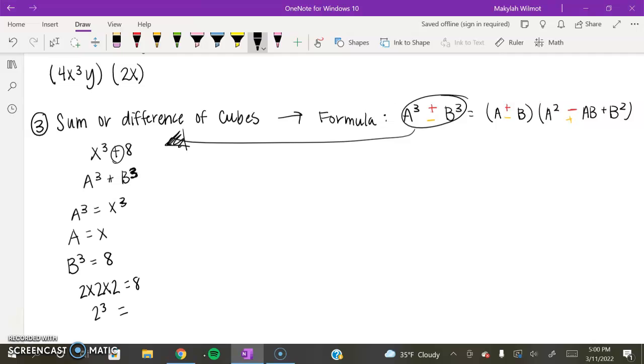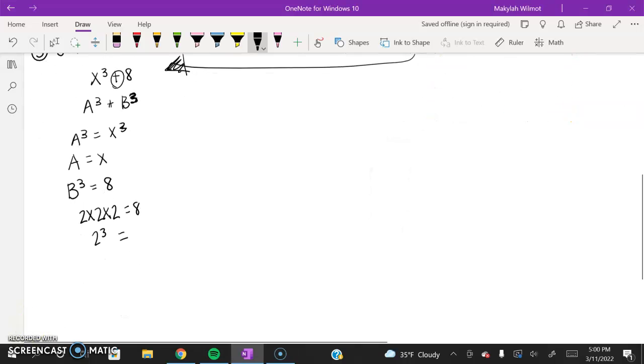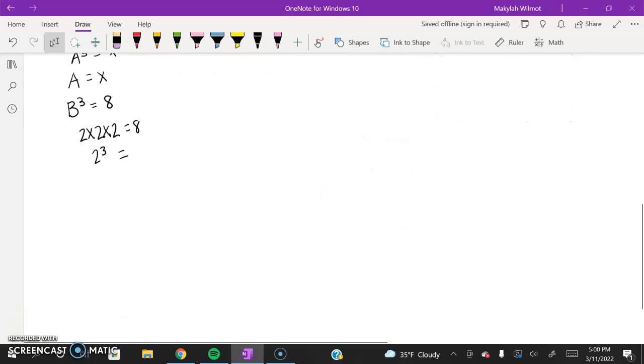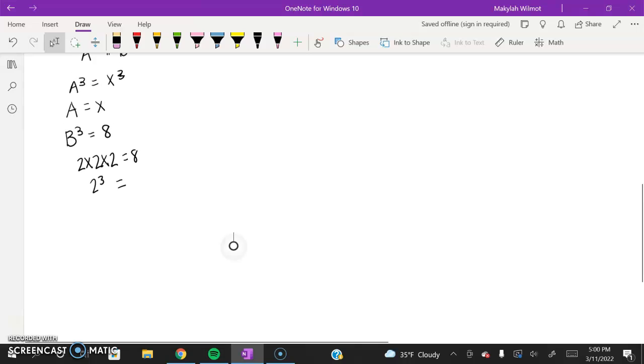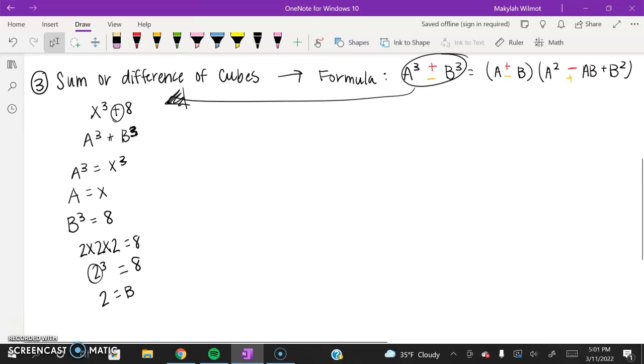That's 2 cubed. Okay, so if 2 cubed equals 8, then 2 equals b, because it's just that. Okay, so we know that a equals x,